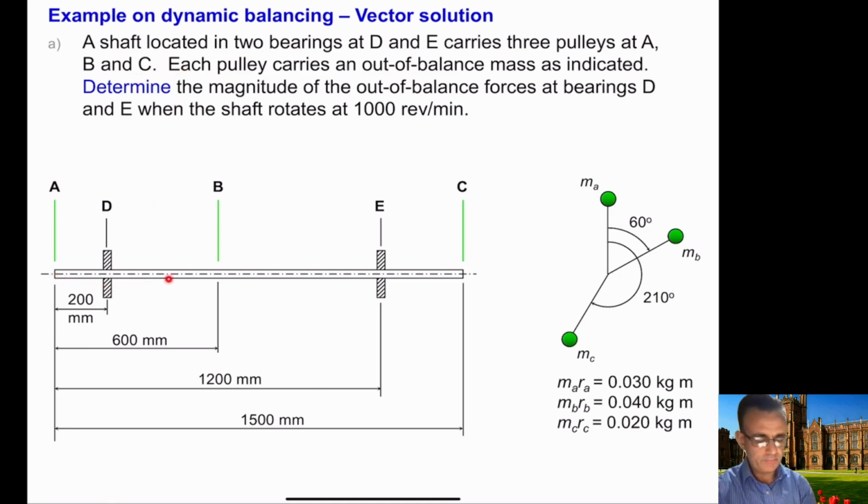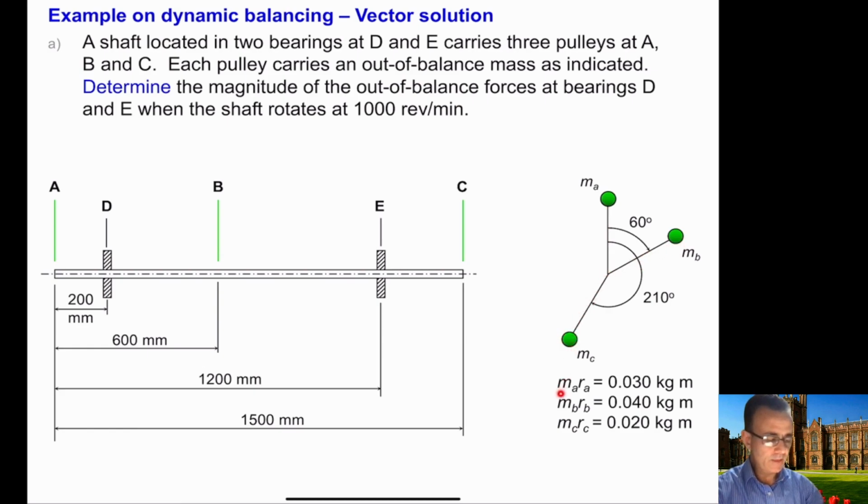So you are provided with this shaft here, and you have two bearings at location D and location E, and three pulleys are attached to the shaft at location A, location B, and location C. Each pulley carries an out of balance mass as indicated. So at pulley A, the out of balance mass is MA. At pulley B, it is MB, and at pulley C, it is